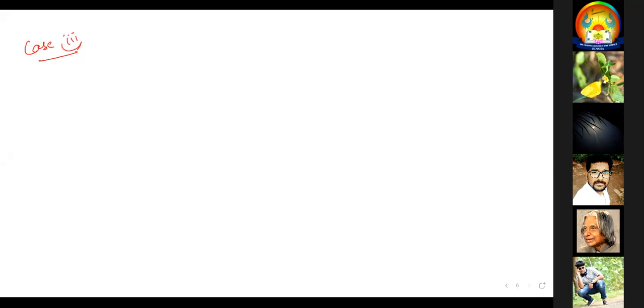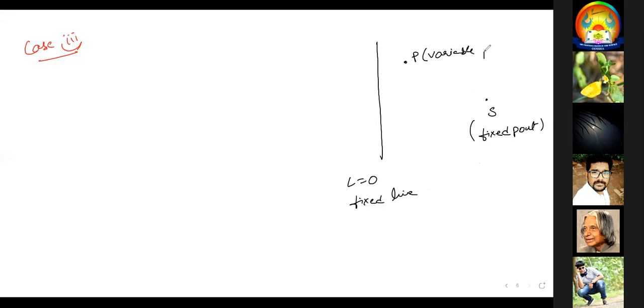So now the question is, there is a line, on this side I will write the line. There is a line L equal to 0. There is a point, it is called the fixed point, and this is called the fixed line. Now we have to collect a point P, called a variable point. This is the perpendicular distance.